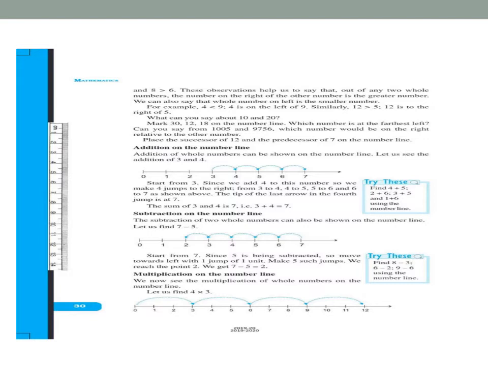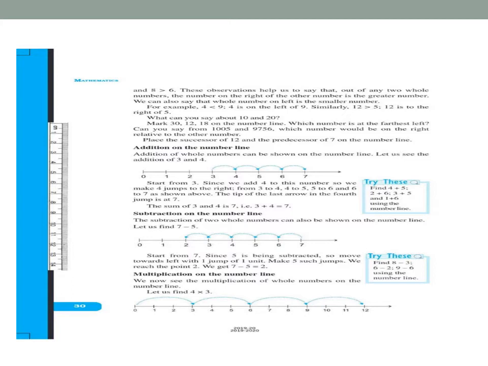Yes, we have learned in the previous lecture what is the successor and what is the predecessor. Predecessor will be before and the successor will be after. So here you can place it after. This is also one point given over here: the successor of 12 is 13, and the predecessor of 7 is which? Yes, it is 6. Before 7, what will come? 6. So all this you can do on a number line.